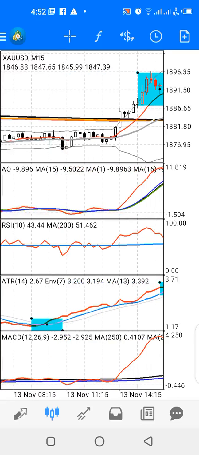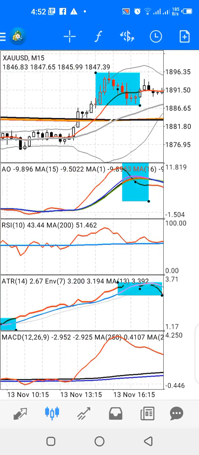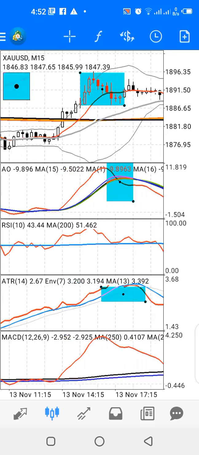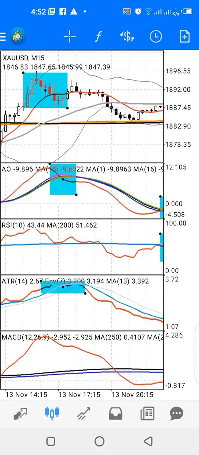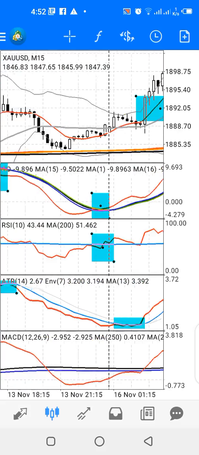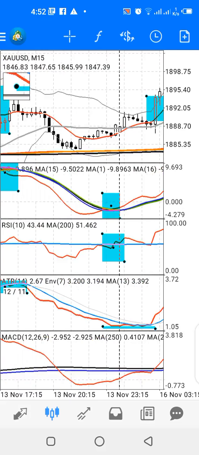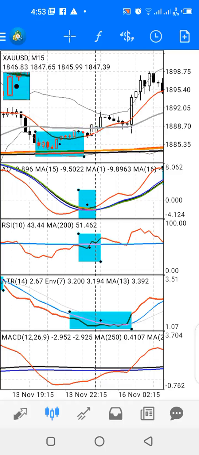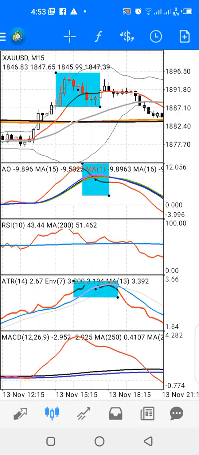So the essence of this cross is to tell you this is the cross for your impulsive. From here to this point is your impulsive. From here to this point is your retracement before the next impulsive. Okay, obviously this is the next impulsive, but we all know